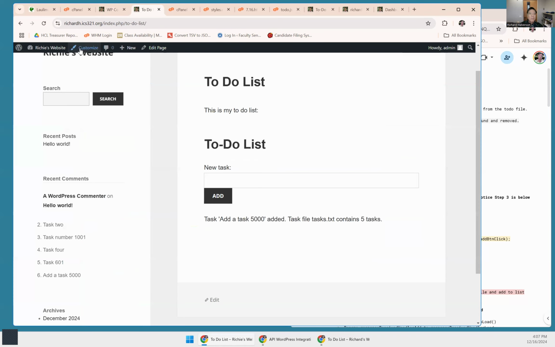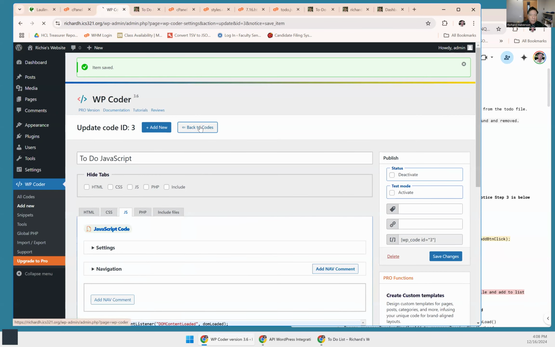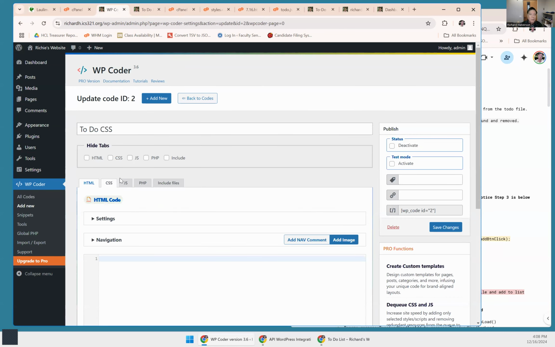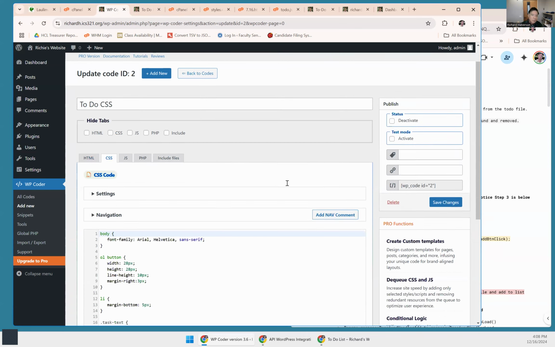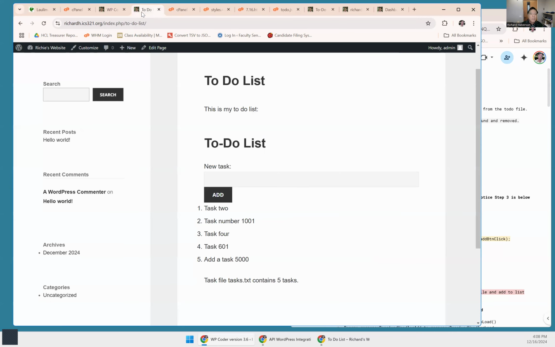Let me refresh this now. Ah, now it's here. It's not over here anymore. Now it's just here, but I still have trouble with the X's, okay? They're hidden. Well, let's fix that. Let's go back to codes and let's go look at the CSS, edit the CSS, and where is it? It's here. Click CSS, and this is the done button. It's white. Let's make it black. And also, it turns out that when we look over here,